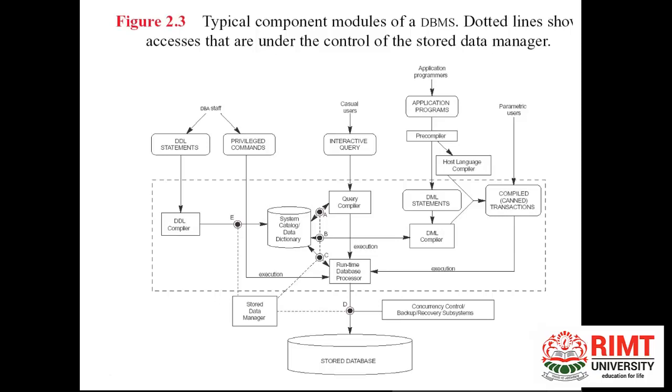You will see that we maintain a database here, but here we are maintaining the system catalog and data dictionary. It's very, very important, because I already told you, for example, if you are searching for a book, first of all, you see the index. If your content is visible in the index, only then do you go to the concerned page. For example, you are searching for the topic of networking, and networking is on the 54th page. You see in the index that networking lies on the 54th page. You just open the book to page number 54.